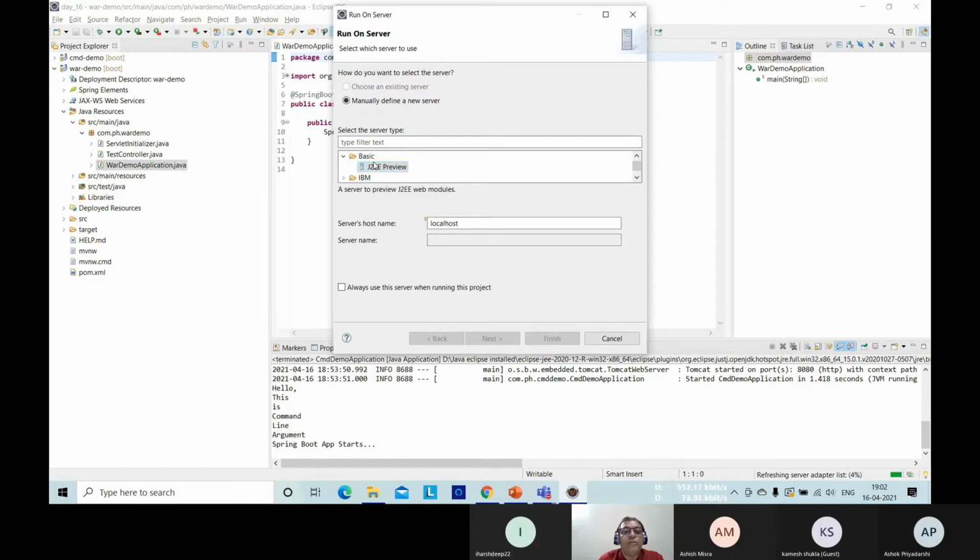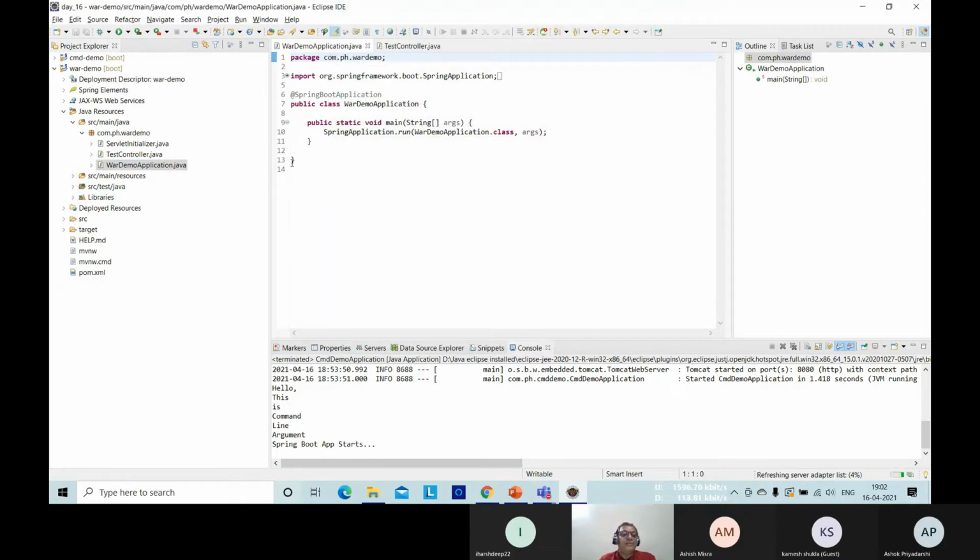It is not going to run directly from here because we have to create a war file. That is why we have done all those configurations. We downloaded the package. Now, before proceeding to create the war file, one small entry we have to make into the pom XML file.